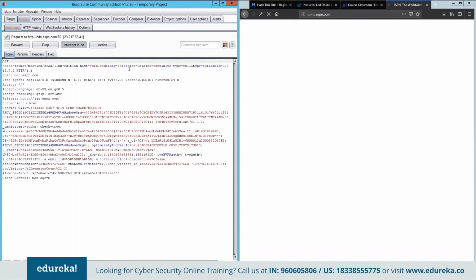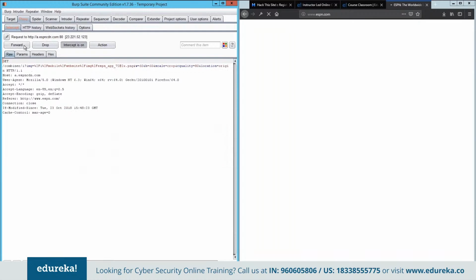When I click on forward, the next information passes through. There was a valid cookie set. This is the cookie ID. So when I forward again,